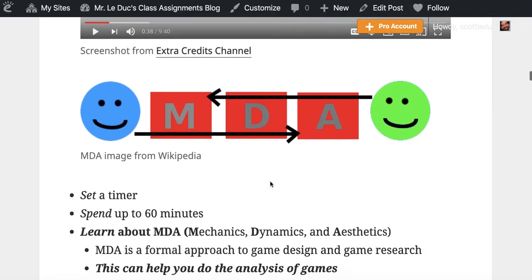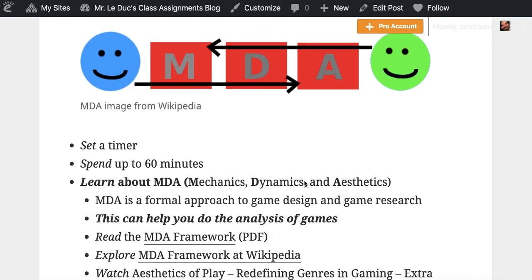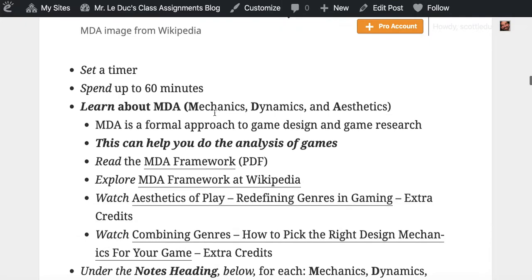So I want you to delve into this because this is the bedrock of why we design games to be effective and what tools we use and so on and so forth. So these three categories are what we put our energy in and how we can give feedback to each other. So the developer can create something that the user can then give experiences back to the developer so that we can continually improve our process.